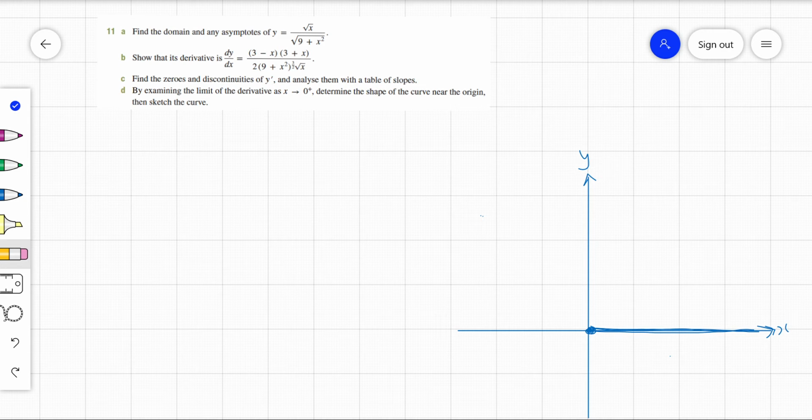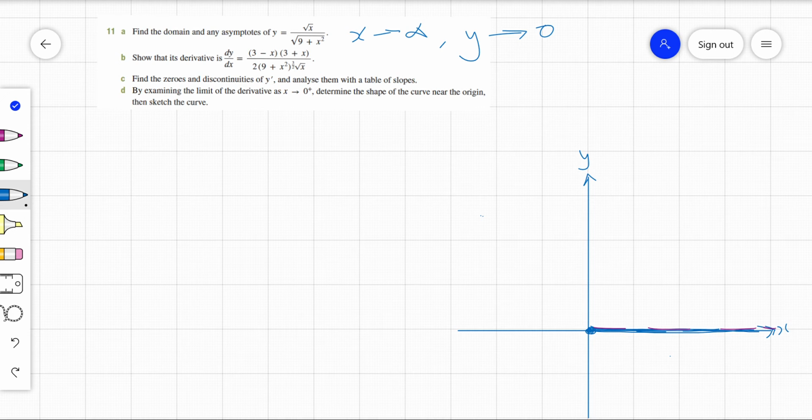So as x goes towards infinity, we've got y going towards 0. So we've got a horizontal asymptote, so I can't really see that, so let's put that in. So as x gets really, really big, it's going to go towards that x-axis. Alright,